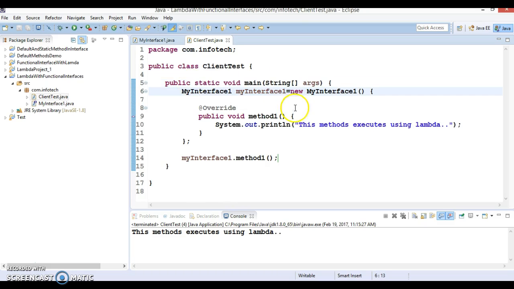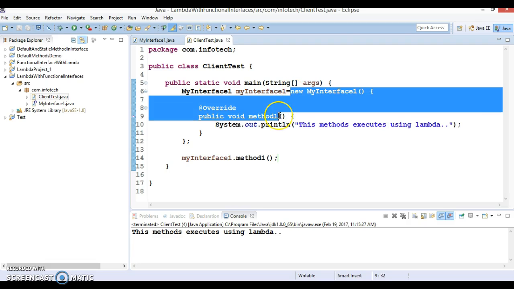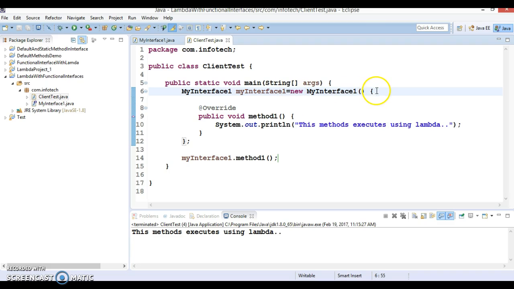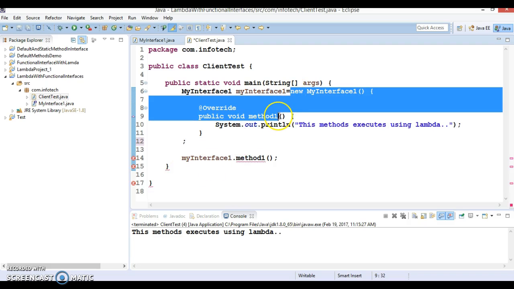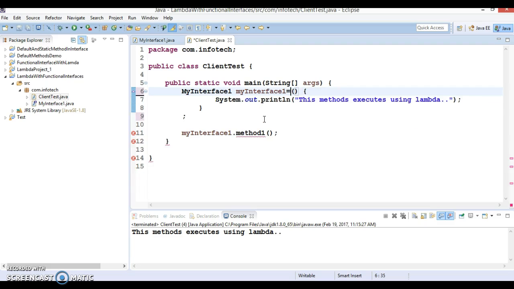So these things we don't need to specify. So up to here we are going to delete. Because the functional interface knows the method modifier as well as the return type, remove these things.